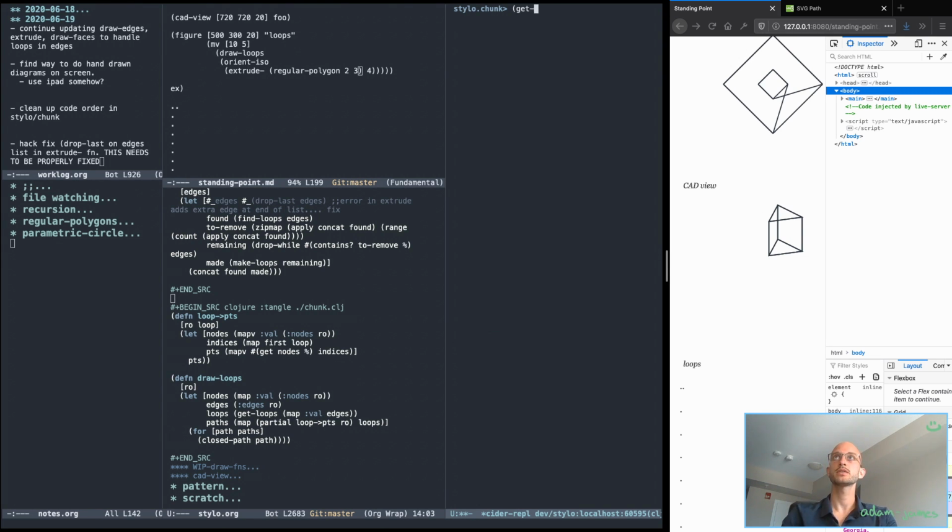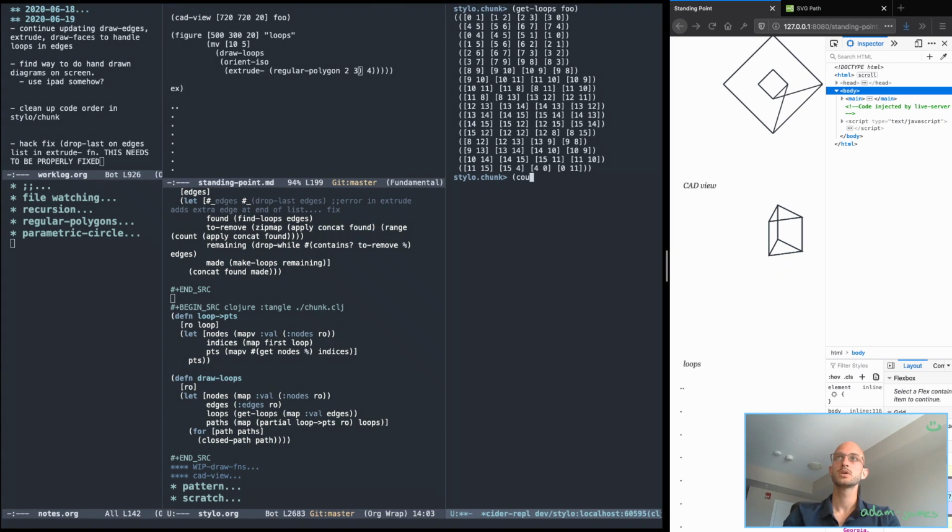So if I do get loops of foo, what I would expect to see is 1, 2, 3, 4, 5, 6, 7, 8, 9, 10, 11, 12 loops in total. So let's count that. 18. So that's not correct. And the reason it's not correct, I'm not sure of yet. Probably because